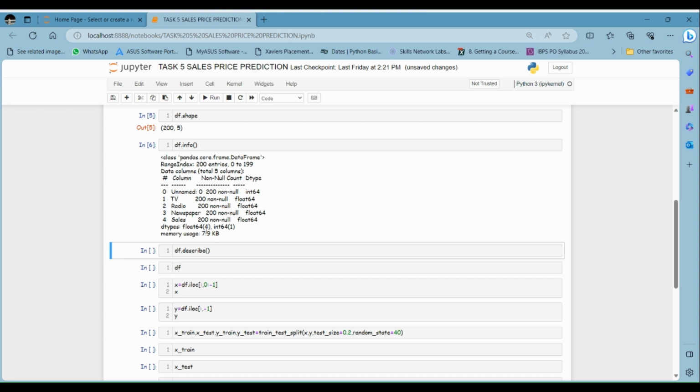This is float64 with the float 4 and int64 1. That is, there are 4 float columns, and in one column we will get integers. The columns are as follows: unnamed, TV, radio, newspaper, sales, 5 columns. For the non-null count we have got 200 non-nulls. So there are 200 rows,